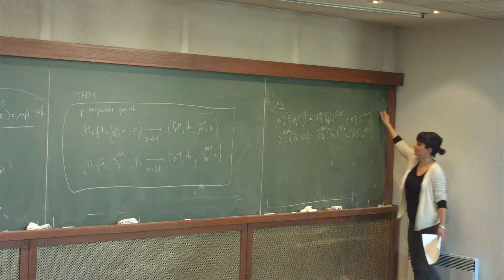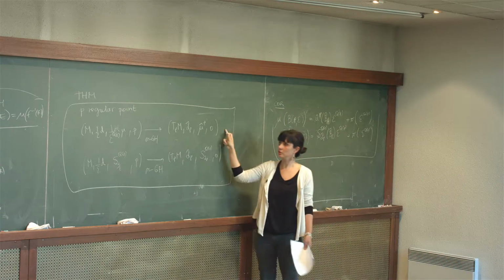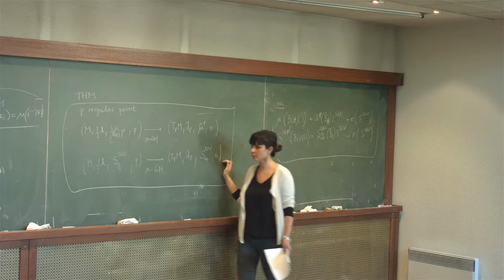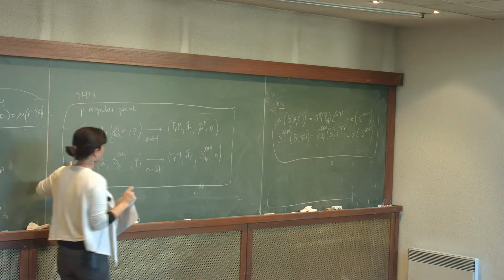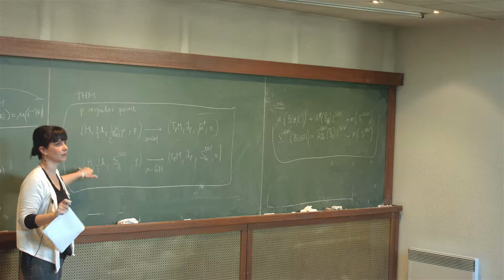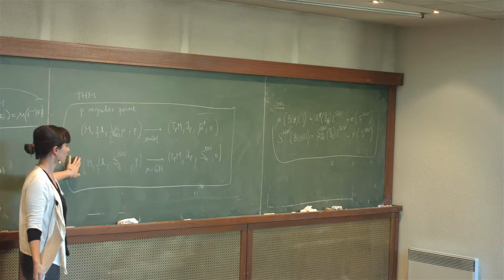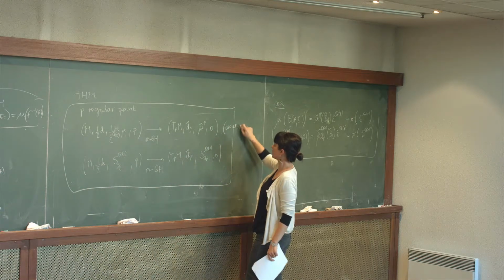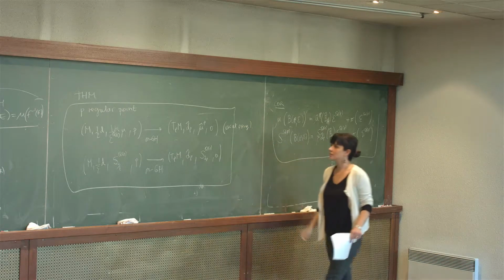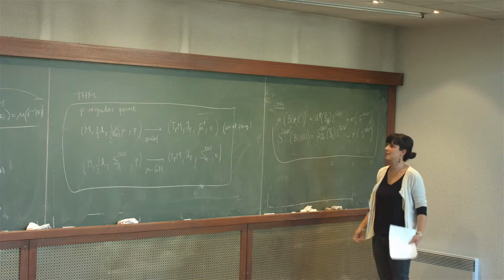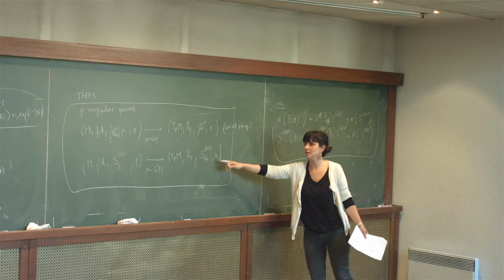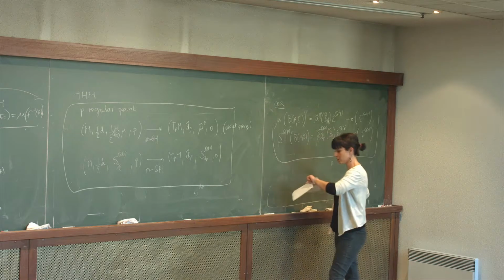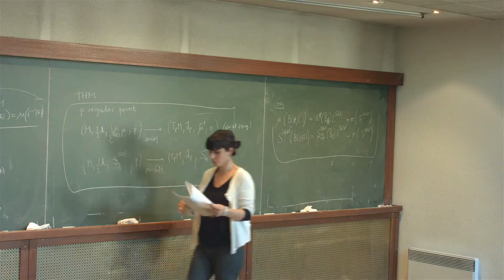Another comment is that actually this convergence also holds for singular points. Well, the proof I'm going to give a sketch of does not work for singular points. So we don't know if it holds also at singular points. And the idea we use is precisely the fact that the Radon-Nikodym density is continuous with respect to a smooth volume.